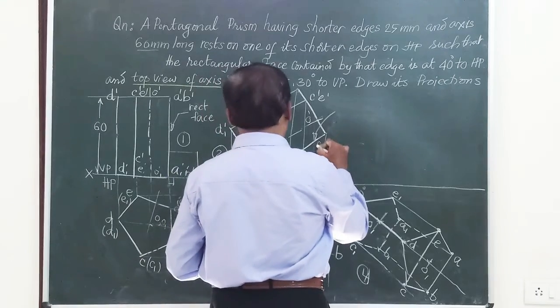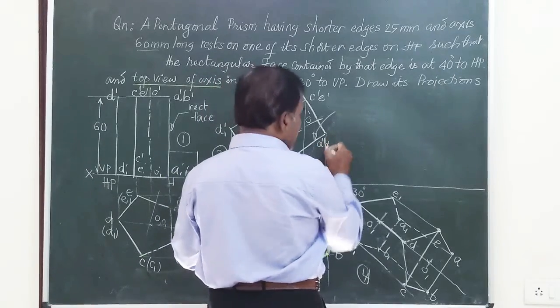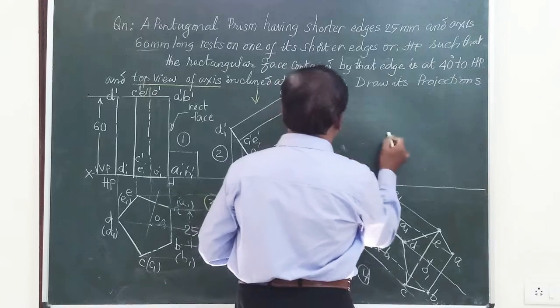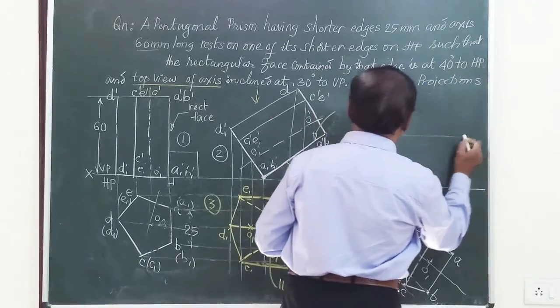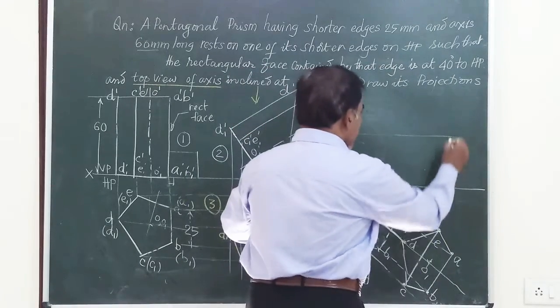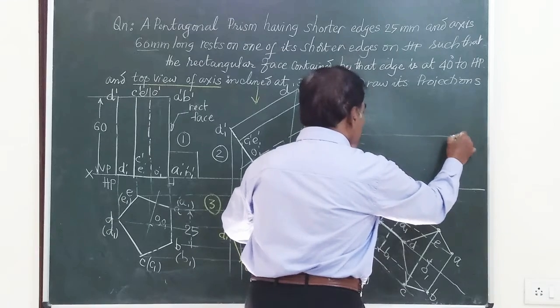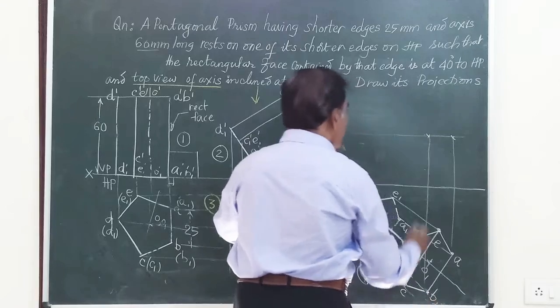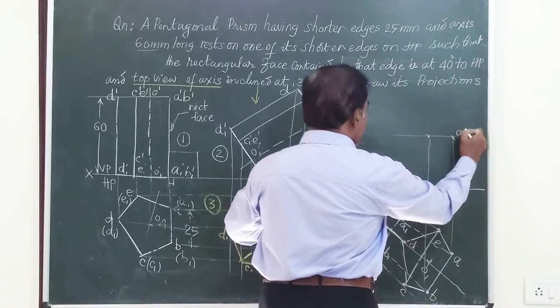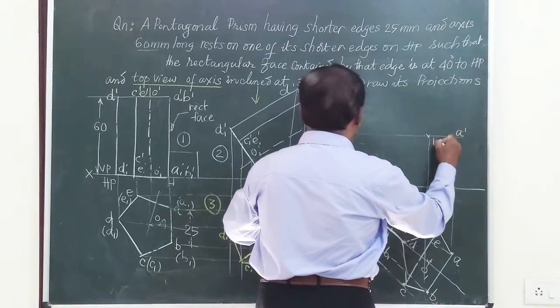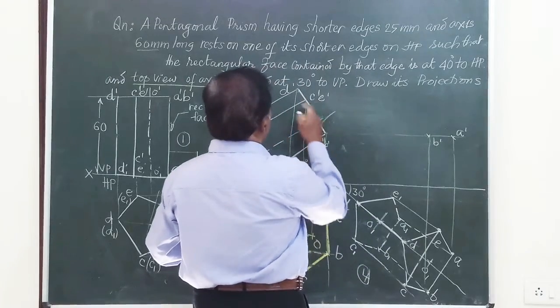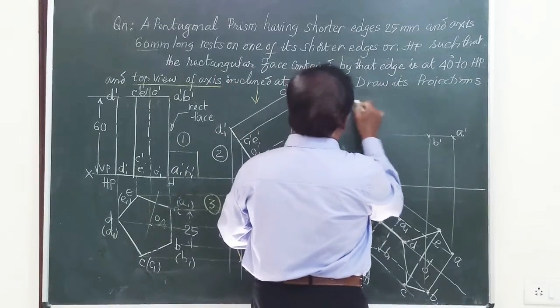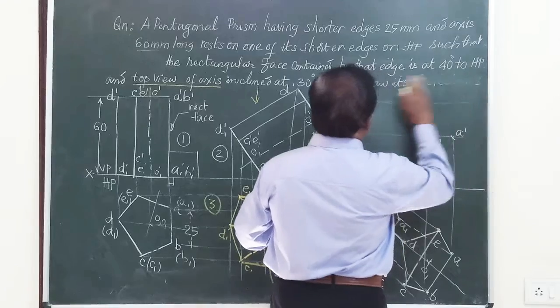So this is the point A dash, B dash. Let me commence with A dash, B dash, the top face. I draw a line here for getting points A and B. So A will come here and similarly B point will be somewhere here. I will mark this as A dash and this as B dash. Then we have C and E, both of them will lie on this. C and D will lie on this.